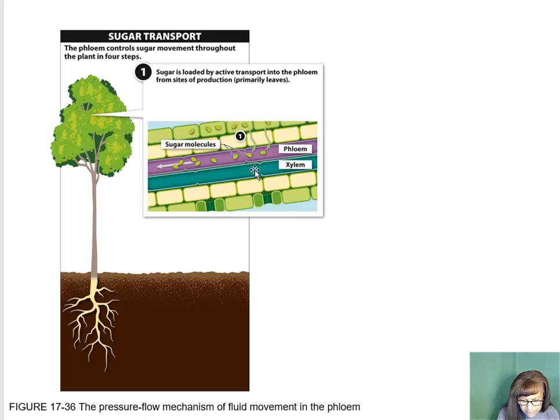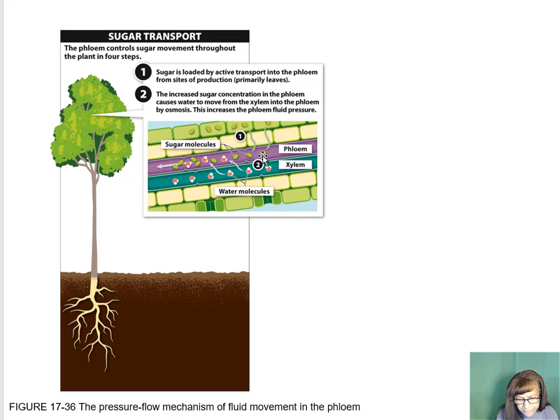So here, let's take a look at our image. Here we've got the xylem. Remember, this is where our water typically is flowing. And then we've got the phloem, and we've got the sugar now being placed into the phloem using active transport, okay? Step 2, the increased sugar concentration in the phloem causes water to move from the xylem into the phloem